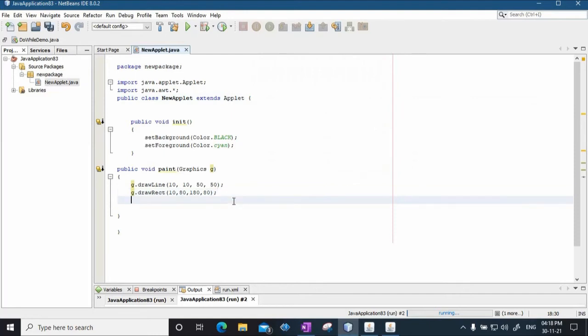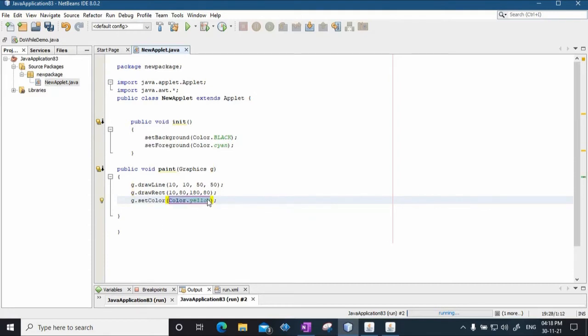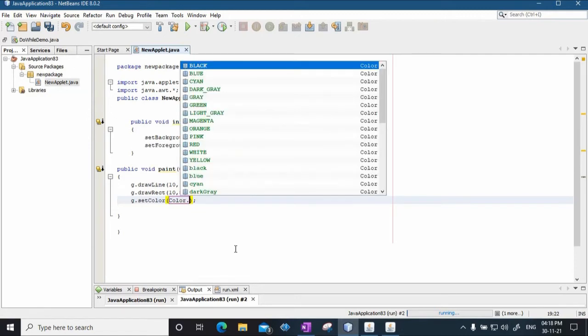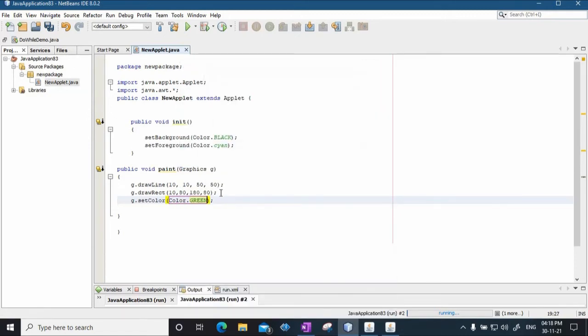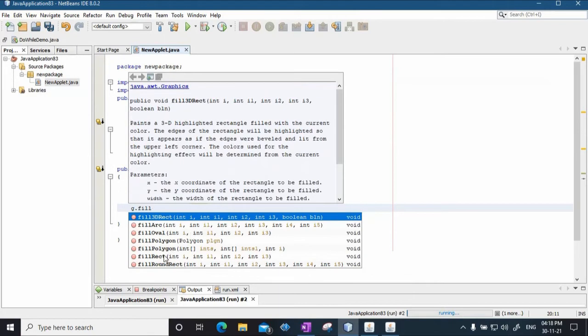Now we can also fill a rectangle. So let me set a different color. I'll say g.setColor, and let's consider some other color. So Color dot, let's say we select a green color, and now we will fill this rectangle. So we'll say g.fillRect.